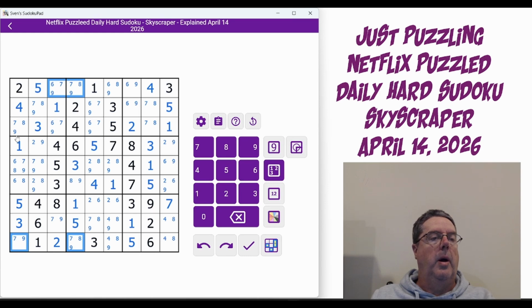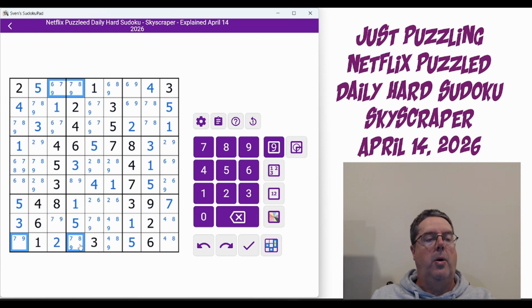So that means that this one can't be a 7 here. If this is a 9, this can't be a 9. So if this is a 9, this must be a 7. This can't be a 7. So this is a 7, which means this can't be a 7 here. So this can't be a 7 because of the